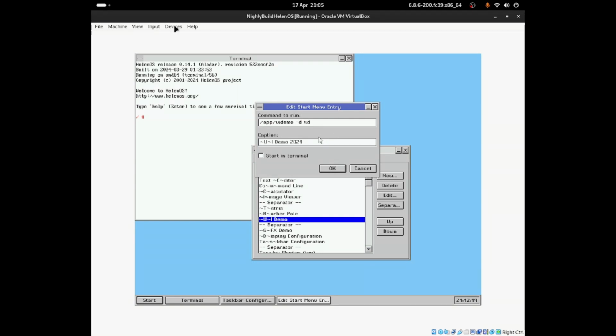But in our case, all it does is open up the application called Fidmo, which is -d and a percentage sign and then d. So this will allow you to run the application. We can update the command, and we can also update the caption as you truly wanted to. So if I press on to OK,